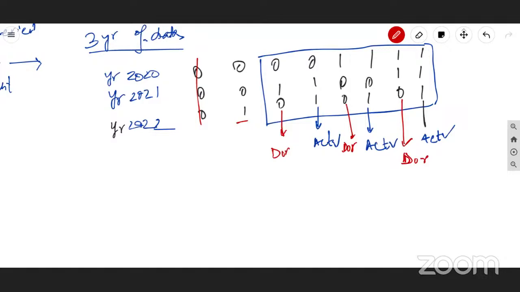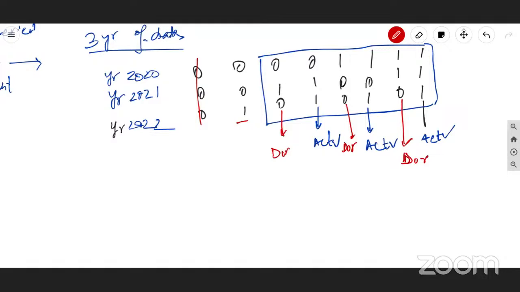But for predicting, we would just need a period, and within that period, out of 100 customers, how many customers are visiting my store? That's it. That is my active customers. And the number of customers not visiting my store. You can apply this logic: at least once visiting the store in a year,